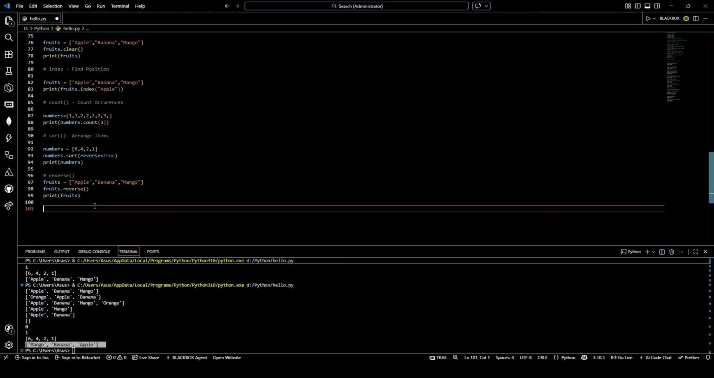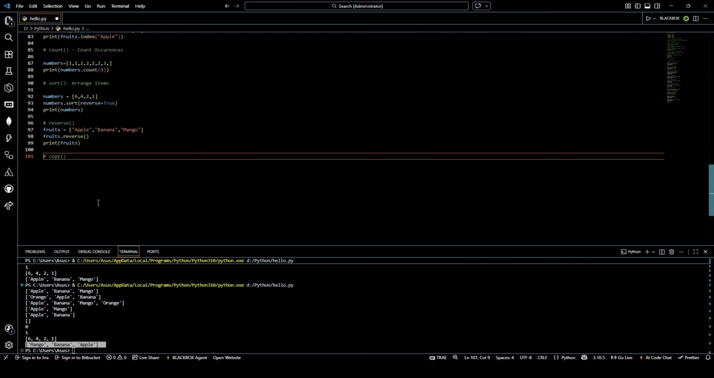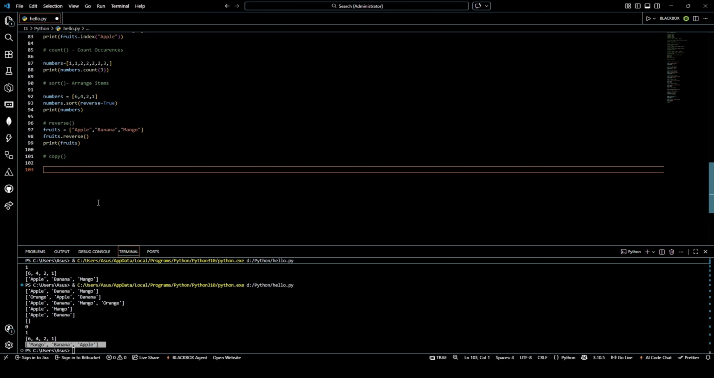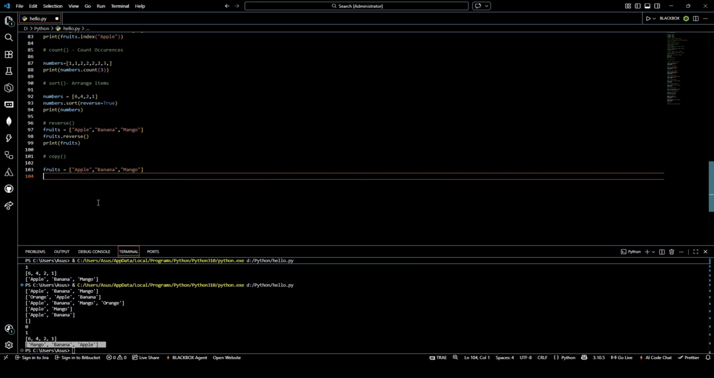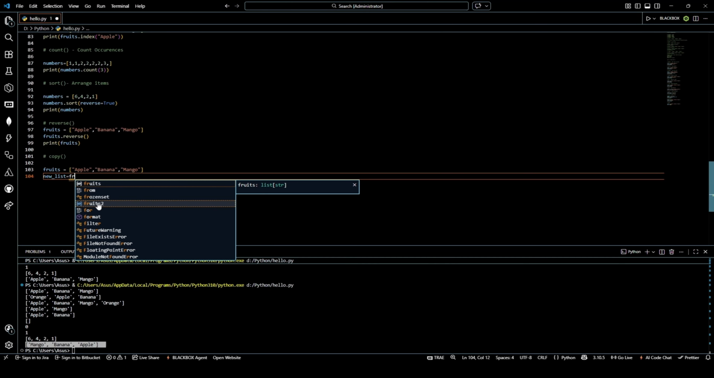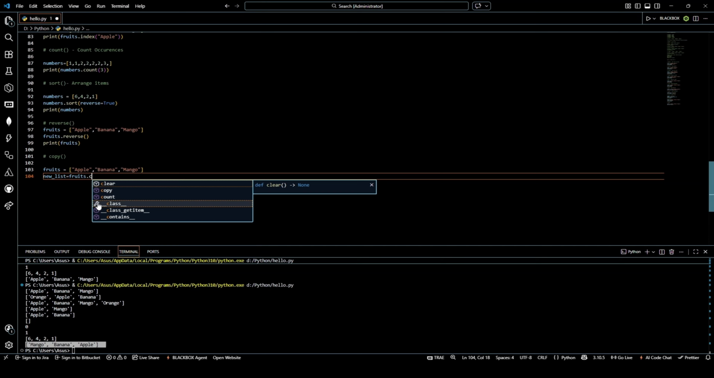Okay, let's talk about one more method, that is the copy method. Basically, it will create a duplicate list, useful when you want to keep the original list safe. Then you need to create a duplicate list. How are you going to use this method? Let's take an example. Inside fruits, I have apple, banana and mango, and I will write new list. Okay, and inside new list I will call fruits dot copy,